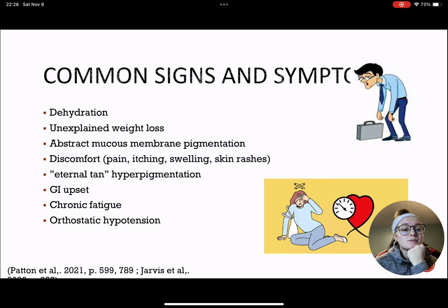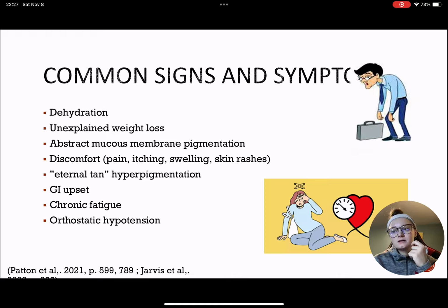So common signs and symptoms, I'm going to start with our first hallmark signs and symptoms. It's basically hyperpigmentation and something referred to in our textbooks as our eternal tan. Some people also refer to it as the bronzing agent as well. So our eternal tan, our hyperpigmentation, I think we can kind of assume what it is. It's basically when melanin in our bodies is being overproduced and we get a nice bronzy tan look. And with our hyperpigmentation as well, we'll see that really present in mucous membranes. So for nursing, when we're doing our assessments,